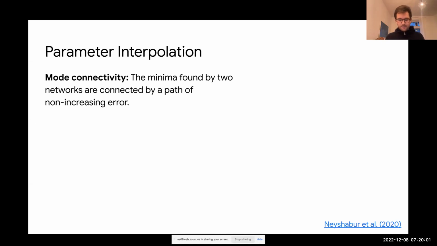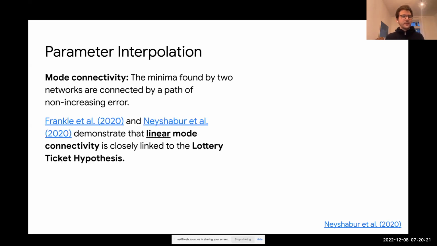So if we define a function that connects these two models, then they are mode connected if along this connection path the loss does not significantly increase at any specific point. And some previous work has actually found that linear mode connectivity, that means we want to interpolate between models in a linear fashion, so a direct interpolation between the weights,